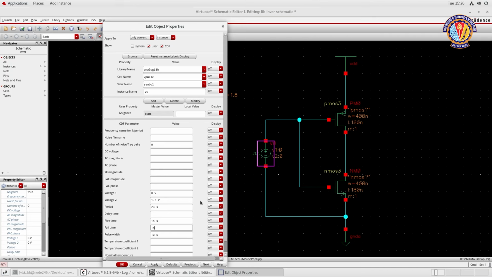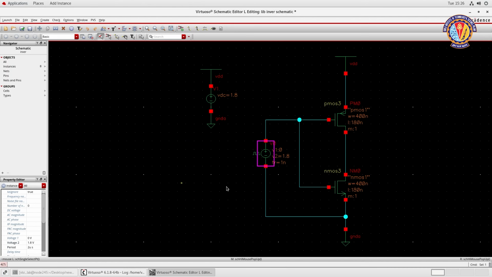Done. So you need to have 5 parameters. You need to enter them. One is your voltage value, time period, pulse width, rise and fall time. Done. So click OK. Fine. When we were in the last experiment of a DC analysis, you were going to measure the current from ID. That's it. But here you are going to check the input waveforms and output waveforms. As it is an inverter, we will check whether the output is an inverted form of the input. So we know that the input is from this voltage source and output will be taken from the drain terminal